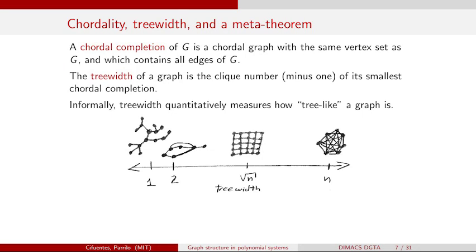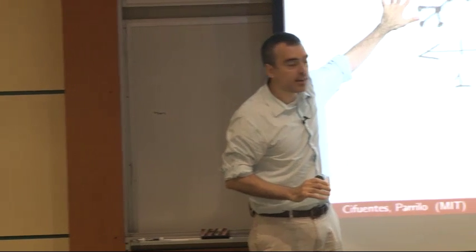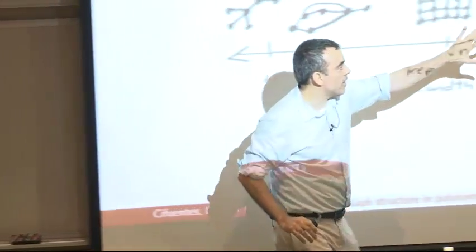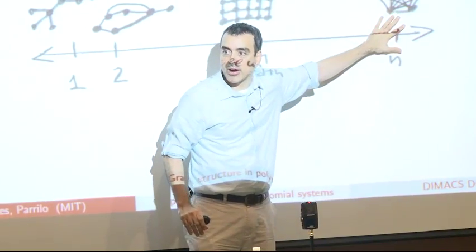And again, the definitions are not easy to parse in real time. I'm awful at doing this when somebody else is giving a talk. So what I really want to tell you is how we should think about tree width. And tree width is really a parameter. It's a number that you associate with the graph, that when you meet a graph and they tell you what their tree width is, you know where to put them on the spectrum of, on the one hand, you have trees. On the other hand, you have the complete graph.